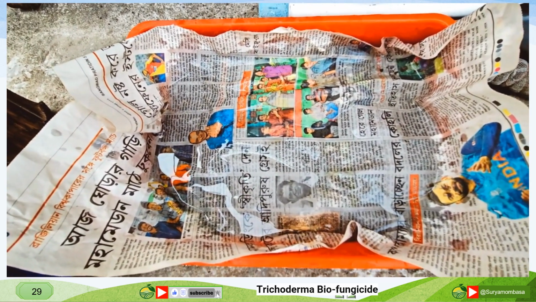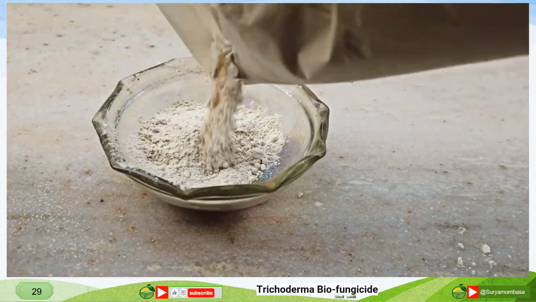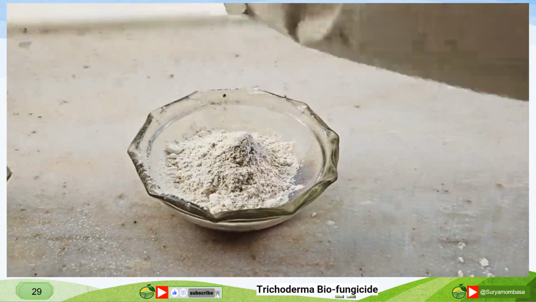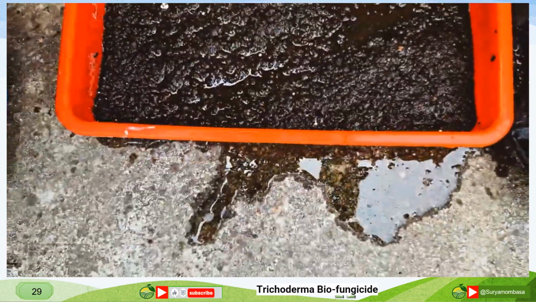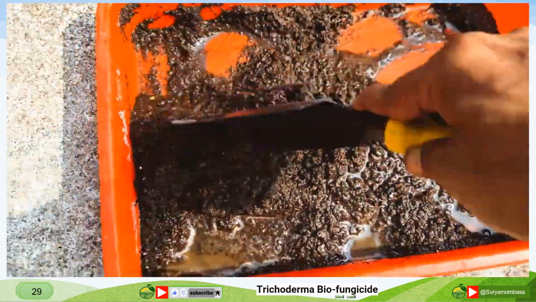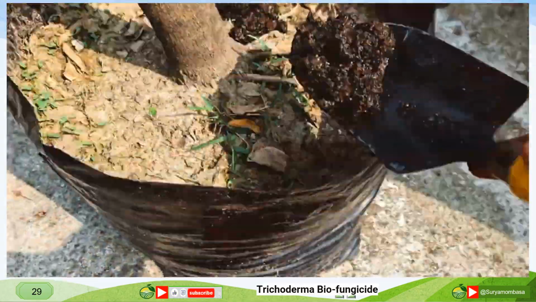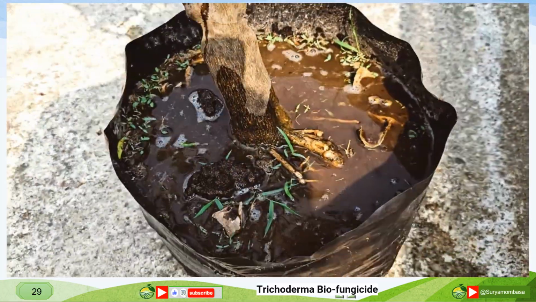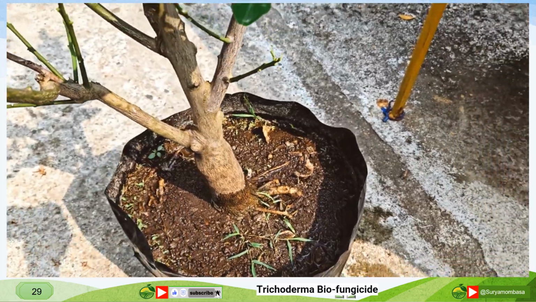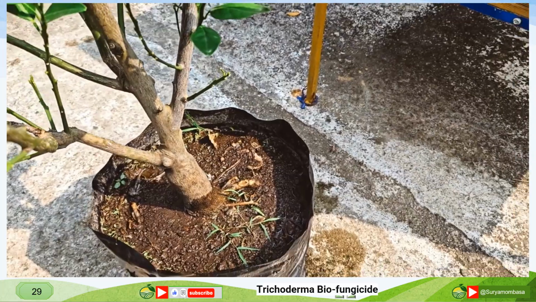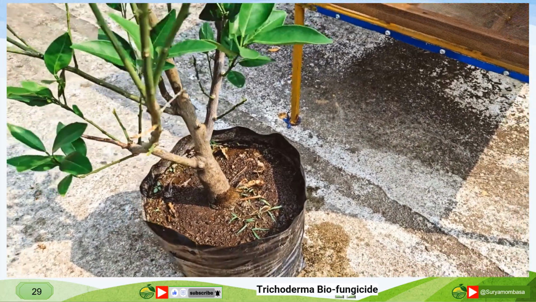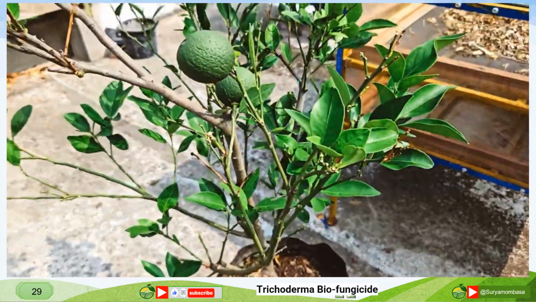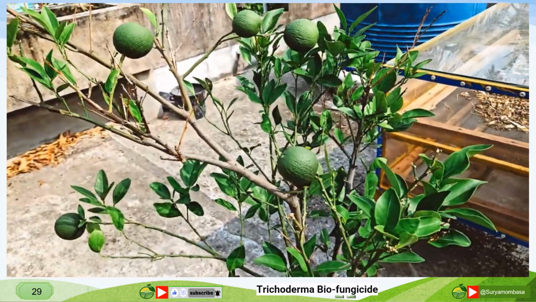We'll leave it for a day or 2. Actually, the fungi which came in the packet remain dormant, and in this way we can activate them. Then we can directly apply it in the soil as fertilizer. After applying it, water thoroughly. The fungi will be blended into the soil and will establish a colony there and multiply over time. However, using all these 4 methods, it will take months for the Trichoderma fungi to multiply in the soil.